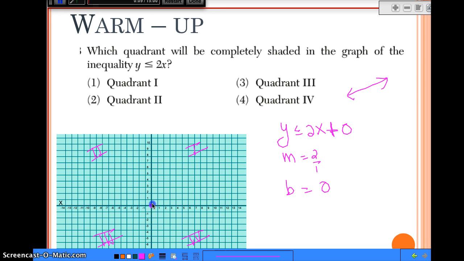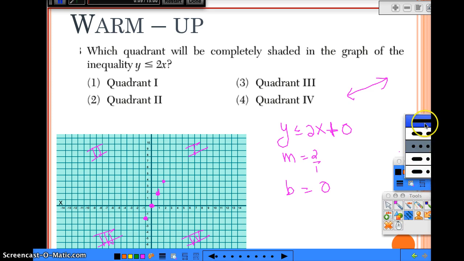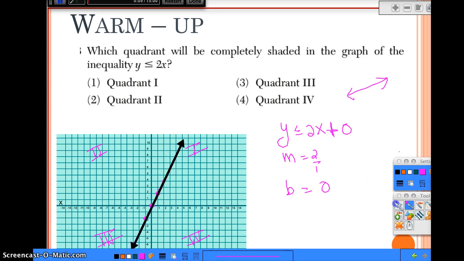So if I start at 0, my y-intercept, and I go up 2 to the right 1, up 2 to the right 1, or down 2 to the left 1, then I connect it with a solid line because it has the equal sign. Something like that. We know that no matter what side this is shaded on, it's not going to be this answer and it's not going to be this answer, because you can't shade both sides of this line to get quadrants 1 and 3